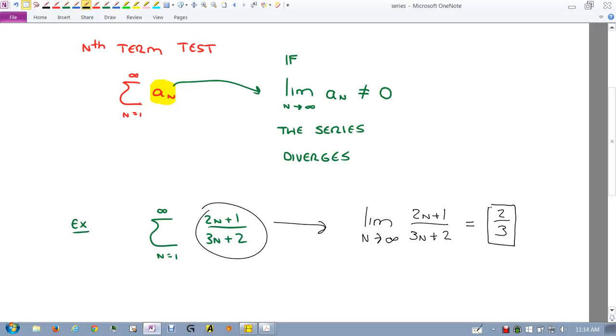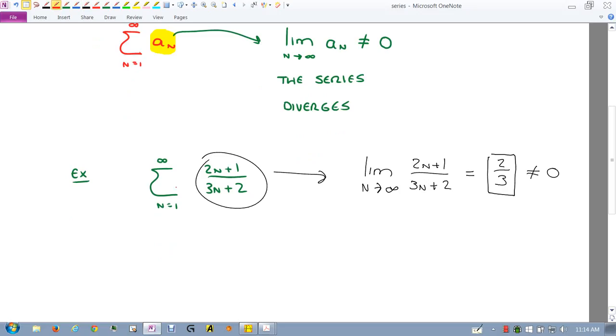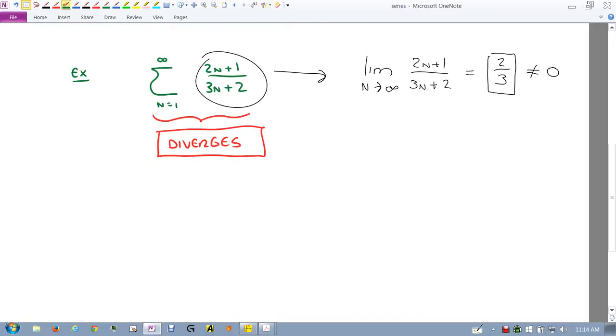All right? So that limit is not 0, is it? What does that mean? That means that this series does what? Diverges. And you're done. It can't diverge and converge at the same time. So it diverges, we move on to the next problem. So it's a very convenient test, but it's very limited also because there's other series that, like this one,